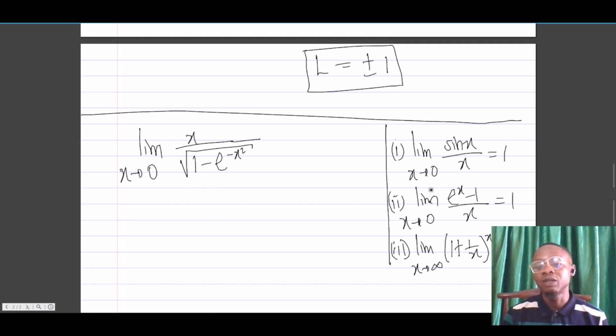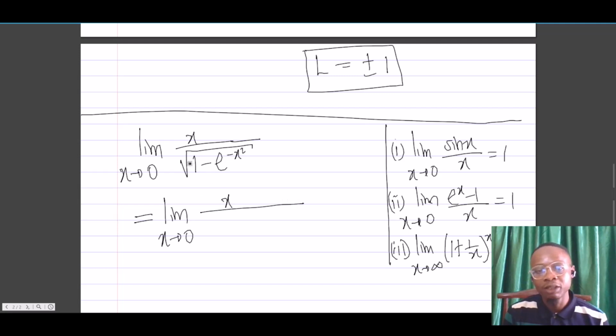Don't forget that here we have e to the power minus x squared, and here we have e to the power x minus 1. So we should rearrange this so that we have e to the power x here and then minus 1. We can easily get that by saying this is equal to the limit as x approaches 0 of